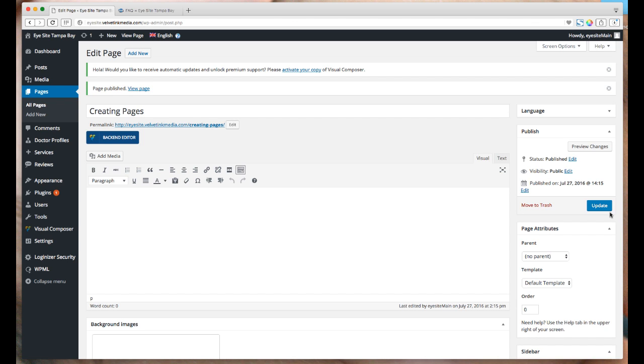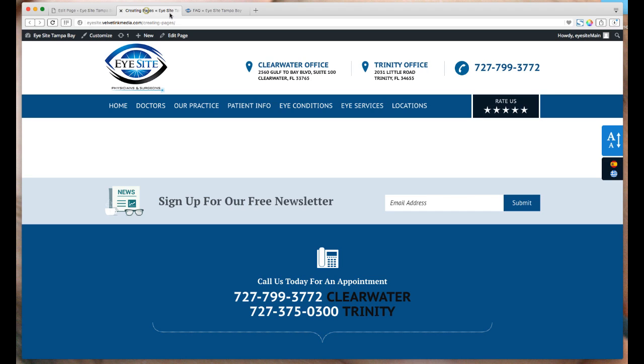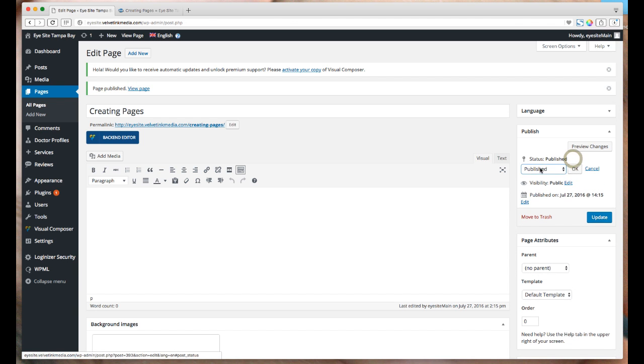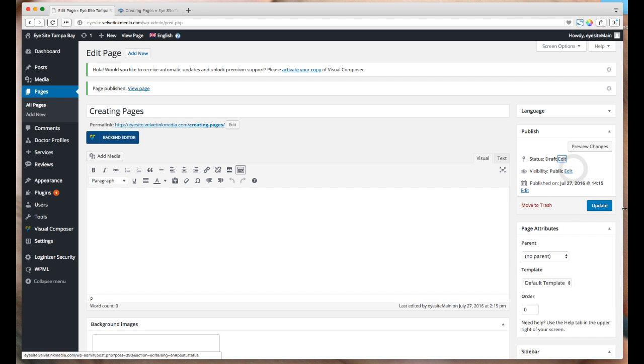I went ahead and published it, so it's live right now, and then as I do my updates, I'll just save it here by clicking the Update button, and I can also view the page that I'm working on by clicking this View Page button here. So we'll see, obviously it's blank because I haven't done anything other than make the template for it. If you're in draft mode, which I'll revert back to,